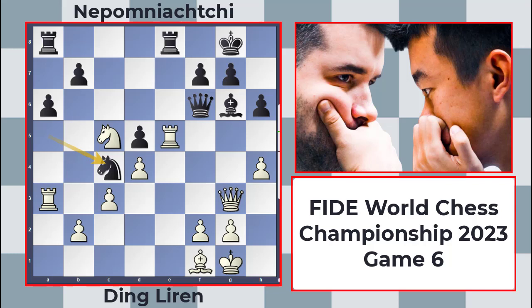Okay, so what do you do? Do you take it with the bishop? Do you play rook takes rook? Do you move the rook on a3? And the best move by far, and in fact, a decent advantage for white, is bishop takes, and that's what he did. And after pawn takes,